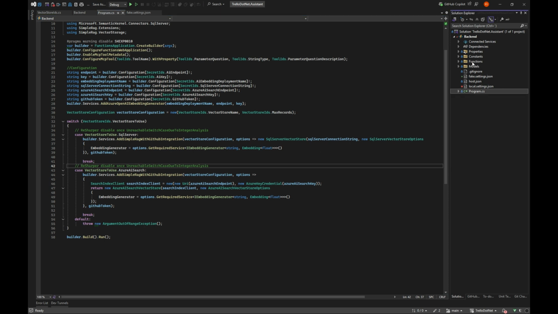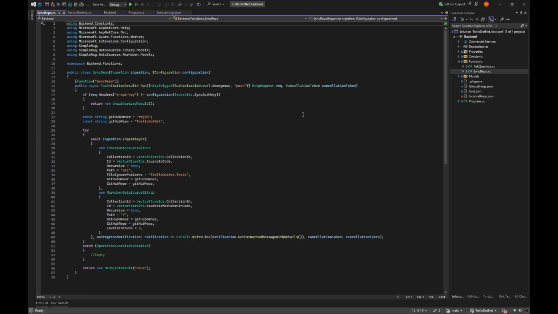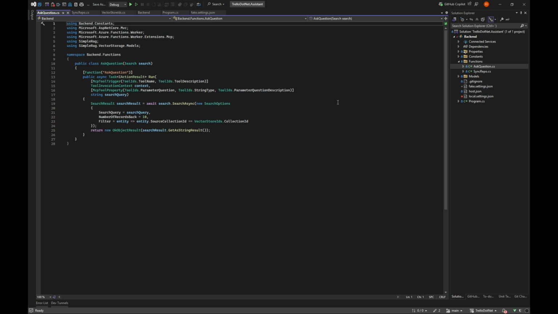Then I need to have two functions. I need to have a sync repo and I need to ask a question. If we look at the ask a question first, it is, as you saw in my previous video about MCP in Azure Function, where we just have an MCP tool trigger.